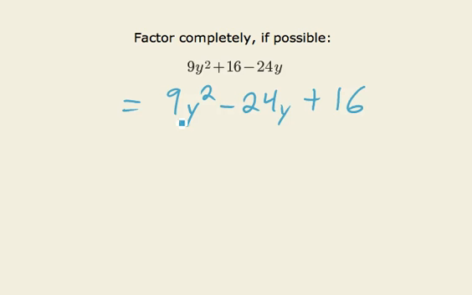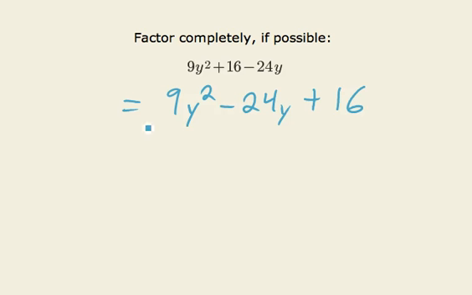All right, so I have my leading coefficient, I have my constant term, I have my coefficient of y. I'd like to try and factor this. One way, since it's a trinomial, we could multiply 9 times 16, look at factors of that, see which add up to negative 24, rewrite negative 24y according to those factors, do some grouping, and factor that way. That's the hard way though, because I look at this and I notice 9 is something